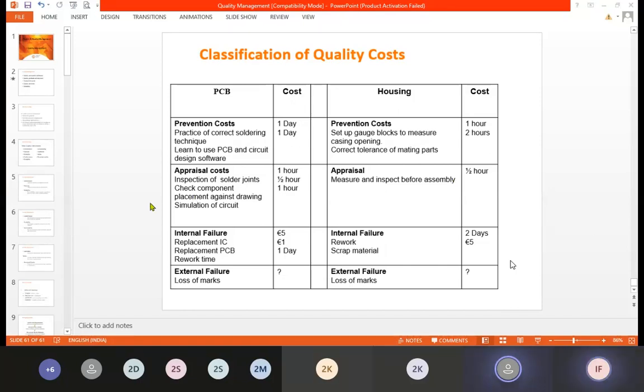ISO stands for International Organization for Standardization. For more interest on the ISO part, you may want to visit the ISO website. It is very much available. You can visit iso.org.